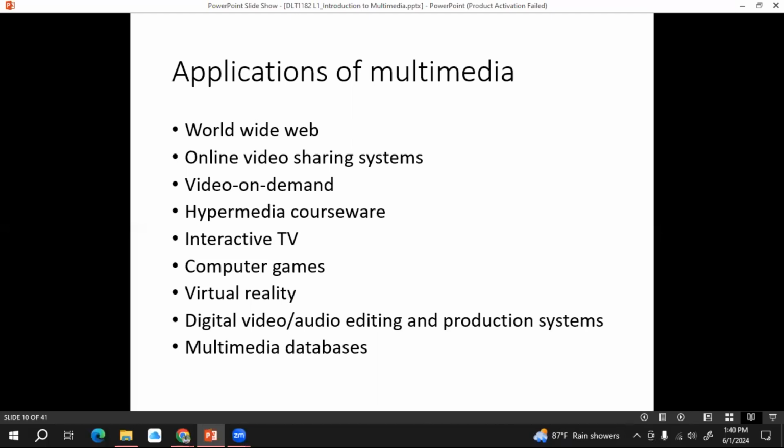Then interactive TV. What is interactive TV? We can take an example: smart TVs. We can do activities very similar to a computer. We can give an internet connection, then we can search something on the internet. We can see some movies on YouTube, right?